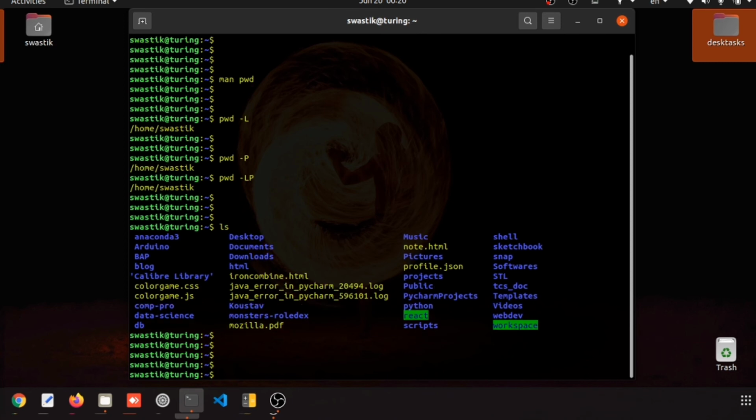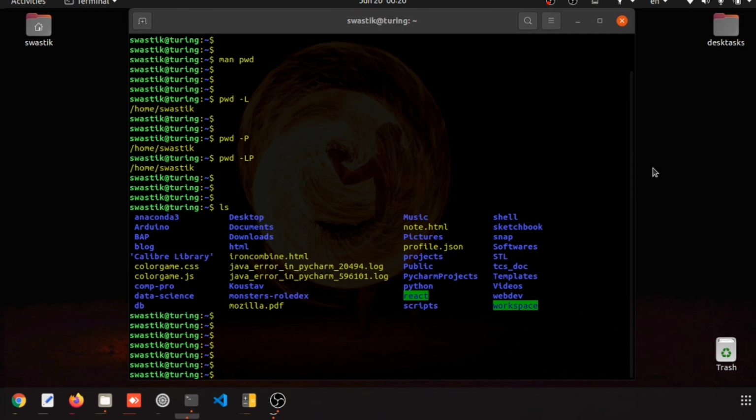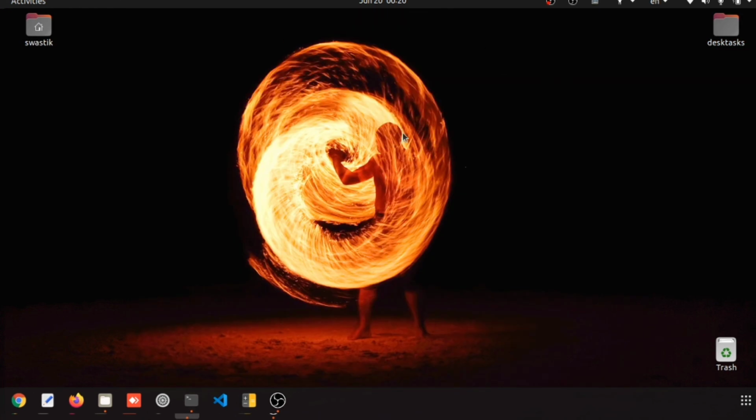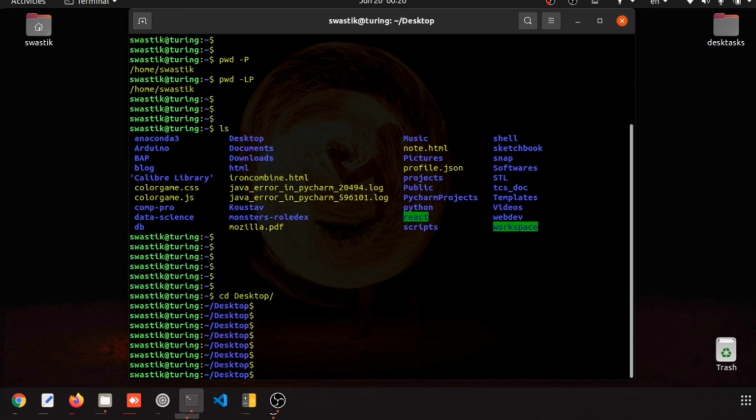Now you know that you are standing in /home/swastik. Under this you can find this desktop, that means this screen. So now I want to go in my terminal to this desktop, so I want to change my directory to desktop. So type cd De, then tab, and it will automatically complete if it exists. I will show you again: De, then press tab. This will automatically complete desktop. Now press enter. So you are currently in desktop.